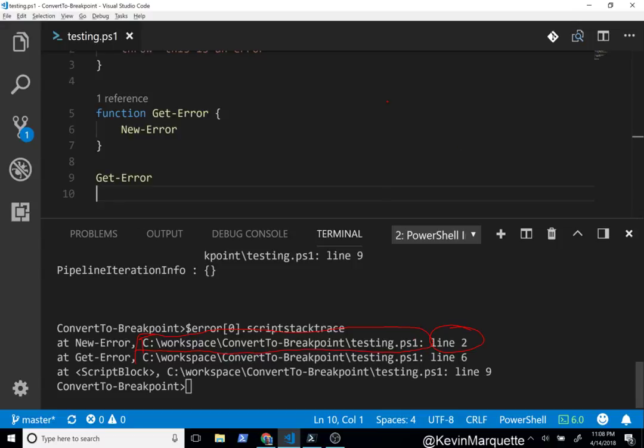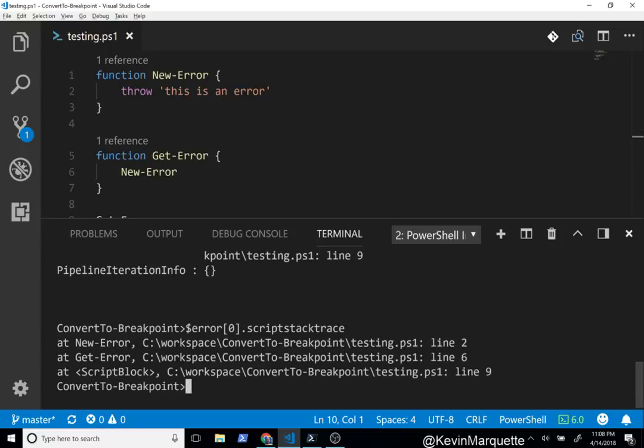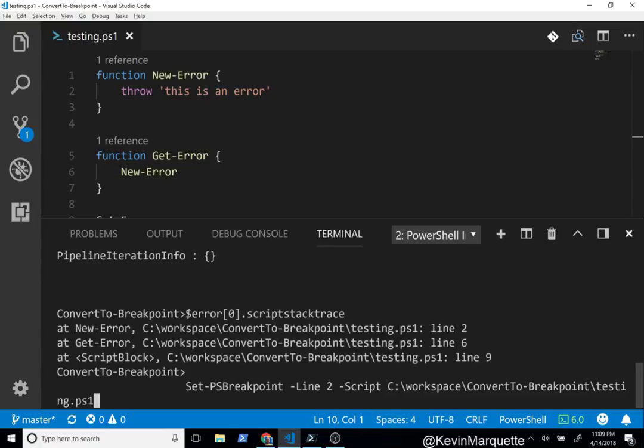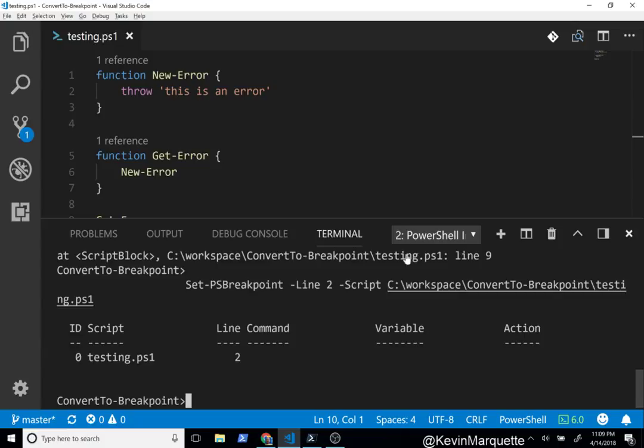And I think I can combine that with a function like Set-PSBreakpoint on line 2 of script. I think I can just copy this line like that, and I should get